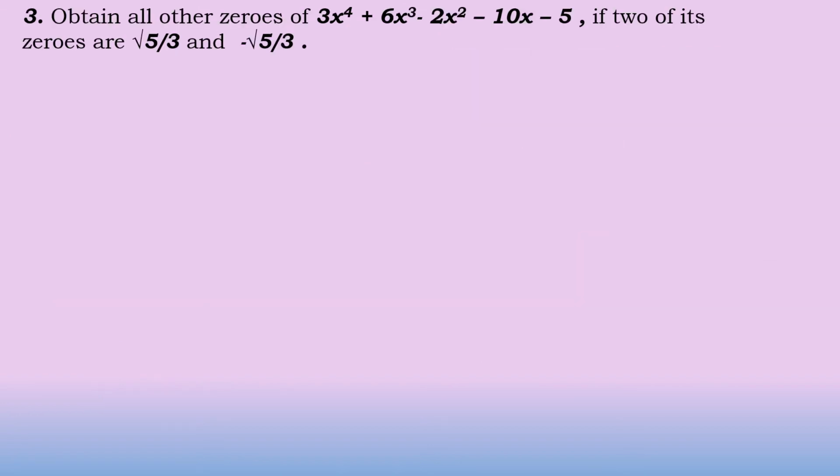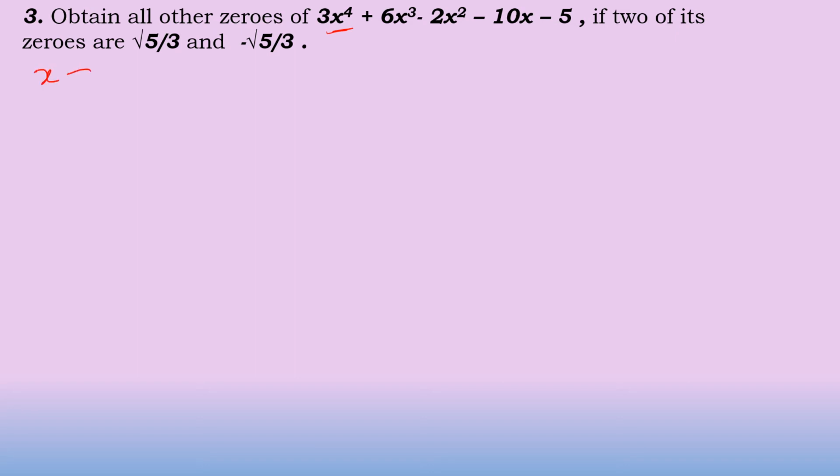Next problem is to obtain all other zeros of 3x to the power of 4 plus 6x cube minus 2x square minus 10x minus 5 if two of its zeros are root 5 by 3 and minus root 5 by 3. Since this is a polynomial equation of degree 4, it will have total of 4 roots. It's already given that root 5 by 3 and minus root 5 by 3 are zeros of this polynomial. Therefore, we can say that